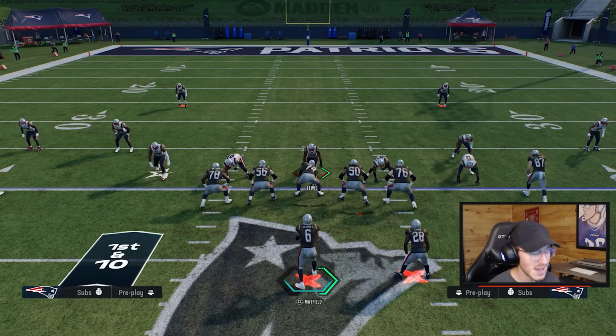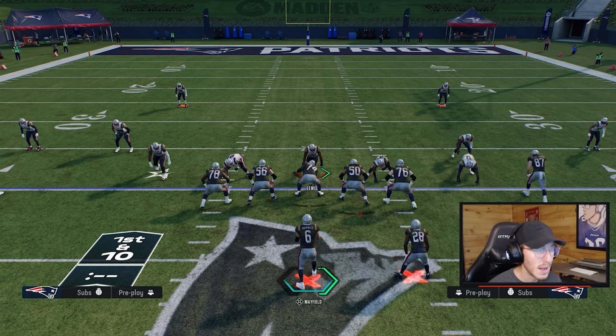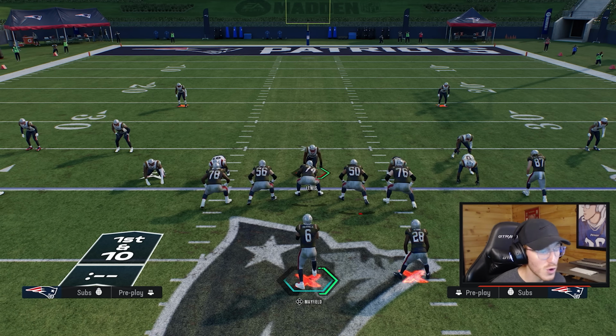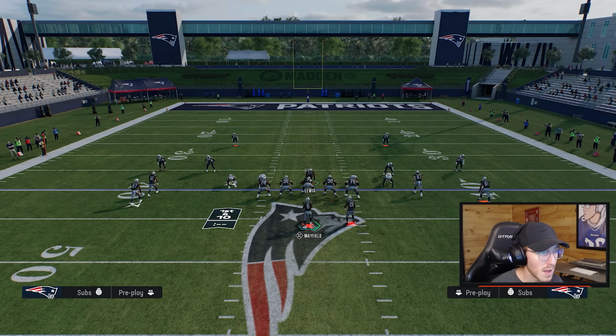reads. Now, obviously, I'm not setting up any route combination right now. I'm just running a random play. So again, make sure you are setting up the appropriate route combination, whether your opponent's running man or zone on the back end. What you're going to see, again, if we just block that running back, we're going to untarget